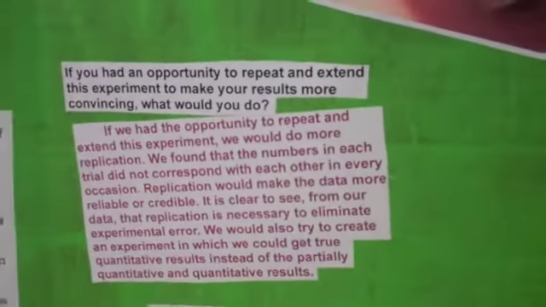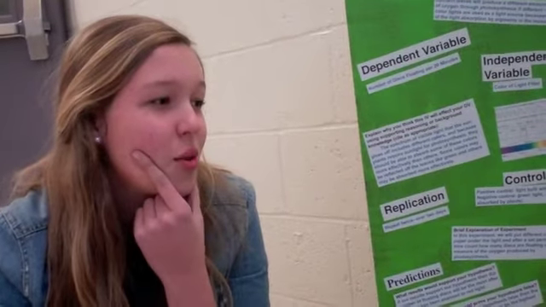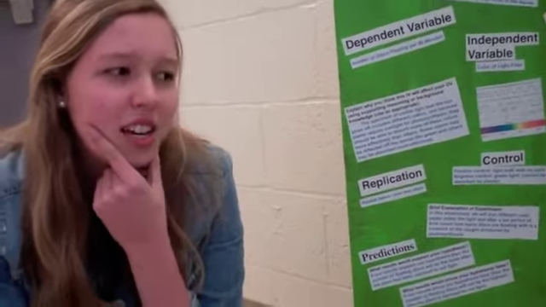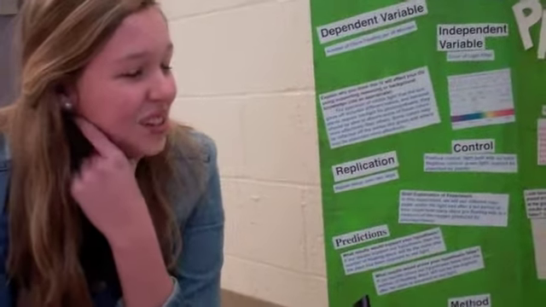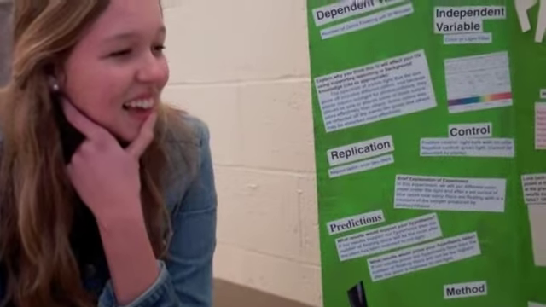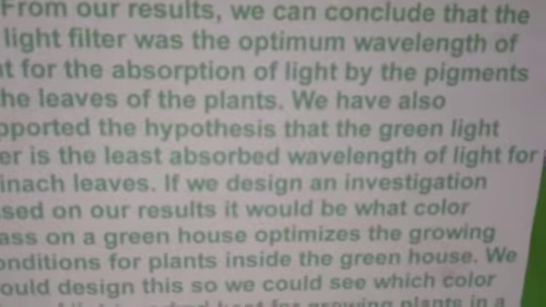We would also try to create an experiment in which we could get true quantitative results instead of the partially quantitative and qualitative results. From our results, we can conclude that the red light filter was the optimal wavelength of light for the absorption of light by pigments and leaves of plants. We also have supported the hypothesis that the green light filter is the least absorbed wavelength of light for spinach